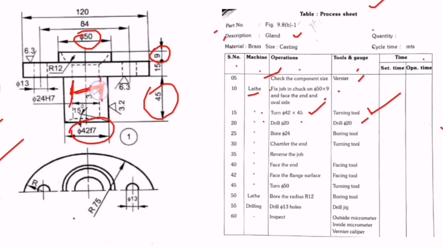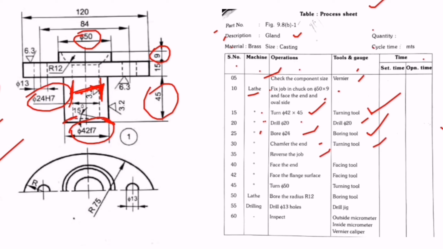So from here to here it is 20 diameter. So that 20 diameter drilling on lathe machine only. Next, boring of 24. Whatever we drilled 20 diameter, so boring of the 20 up to 24 with a boring tool on lathe machine. Next is chamfer the end. Here we can see chamfers at the ends